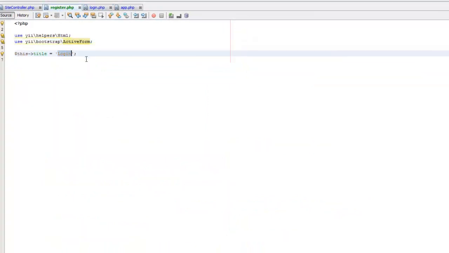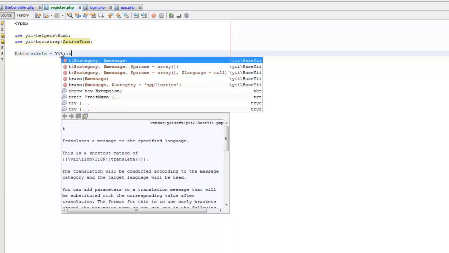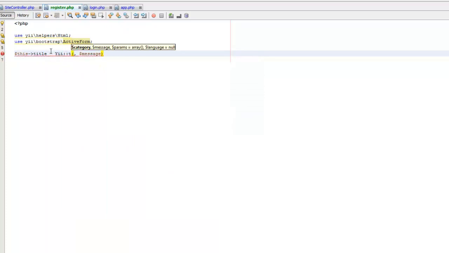The title we have to translate first. We say translation. Don't forget to translate everything: titles, buttons, links, text, of course. Everywhere you will have translation. So the message will be, for example, sign up,